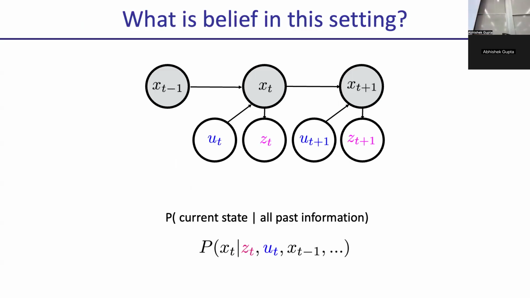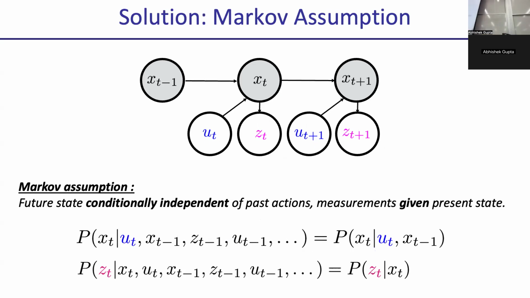The problem setting we're going to consider is that you have a stream of U, Z, U, Z, U, Z. I think you'll ask the question of what happens if it's not polling every time. We're going to discard that case for now, but in general, we're going to assume there's a U, Z every time. And we want to get P of X_t.